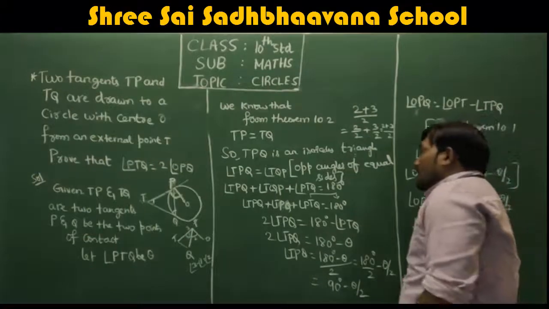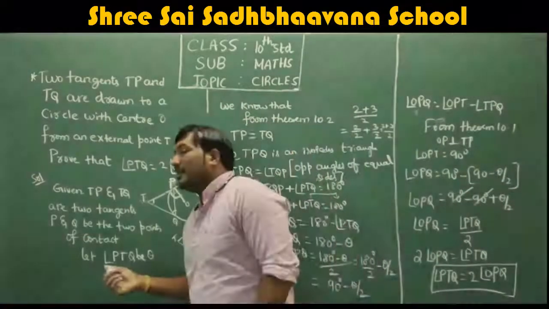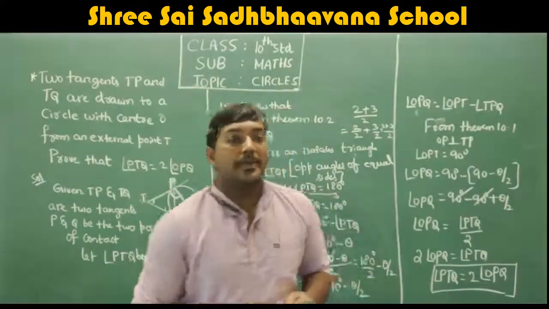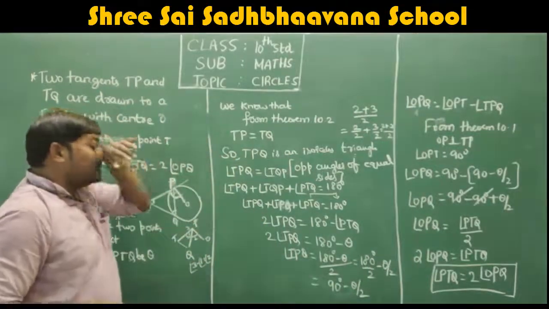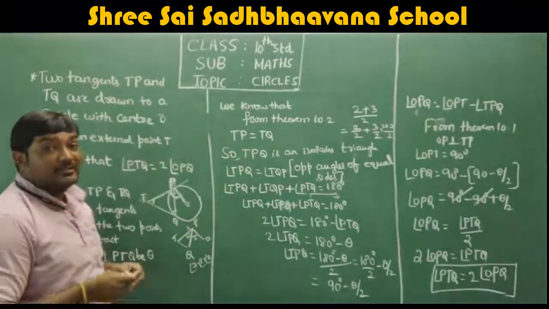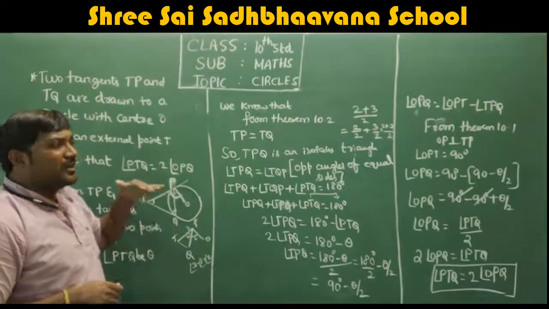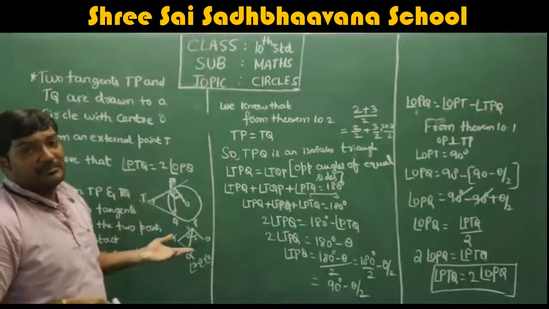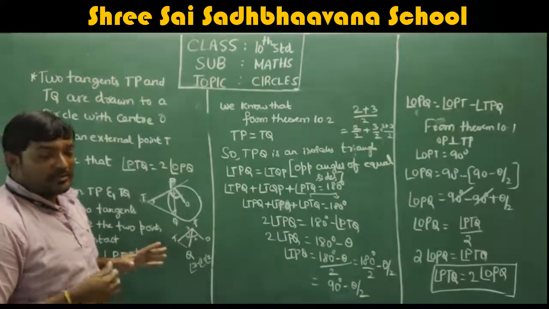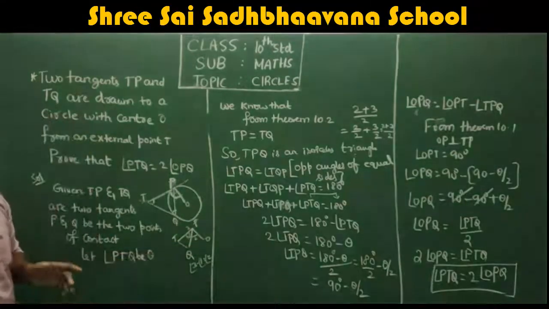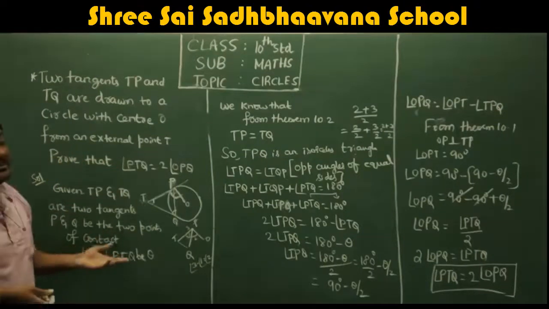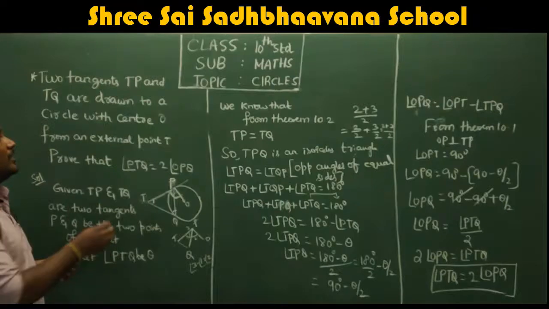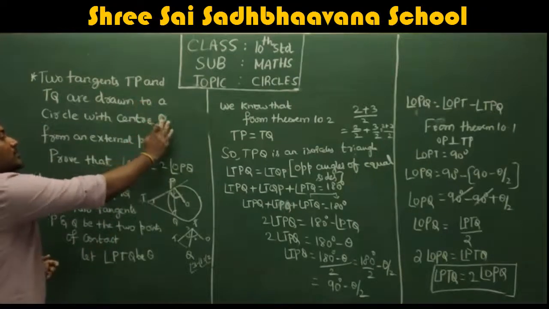I know this is a lengthy sum, but it's important. I'll just explain once again. Basically, you have to understand the sum properly. Without understanding the sum, you cannot do not only this sum, any sum in mathematics. It is impossible. You may understand differently, you may do something which is not required, so anything might happen. So that's why I am telling you to understand the sum and proceed.